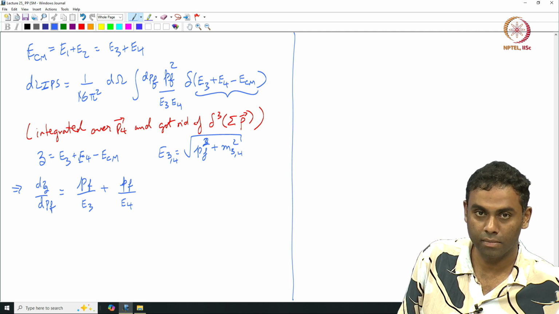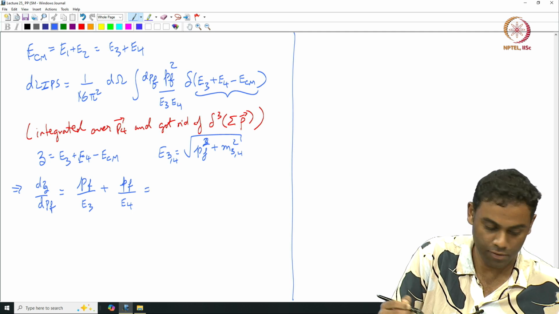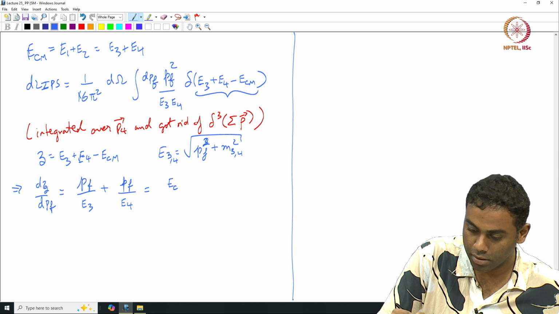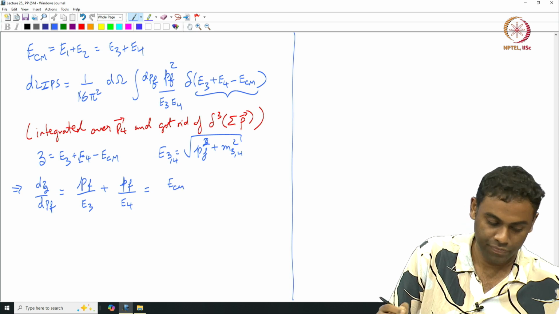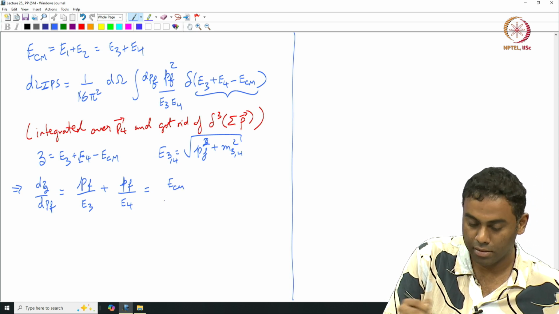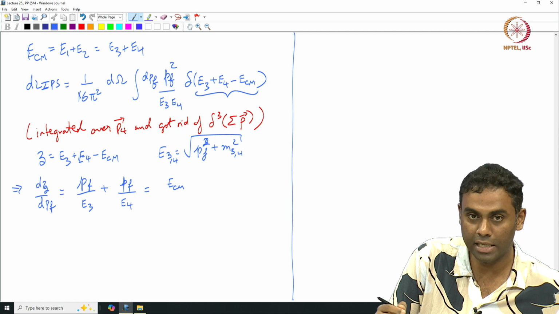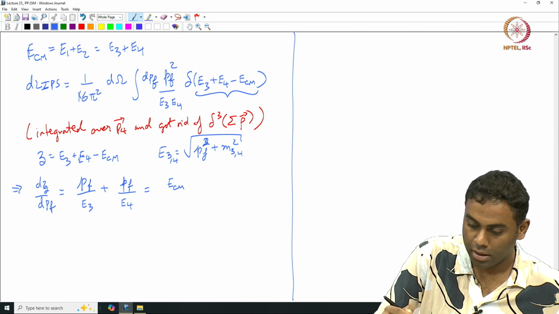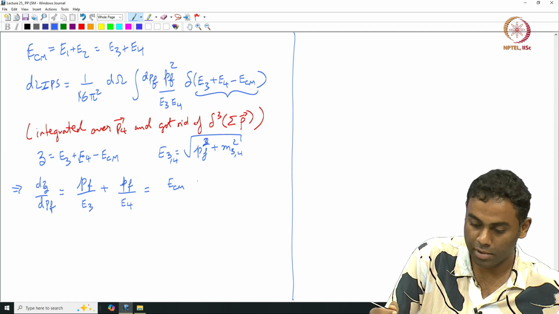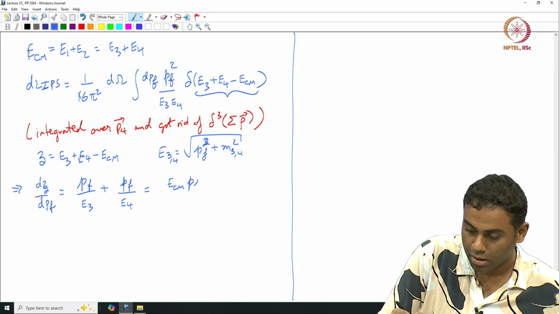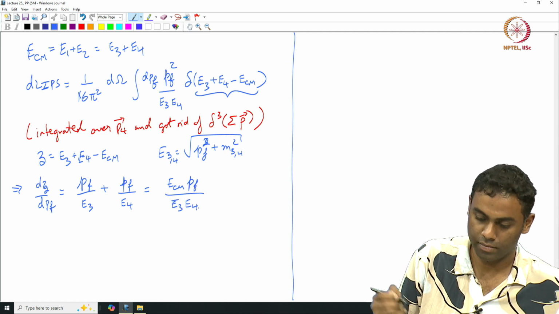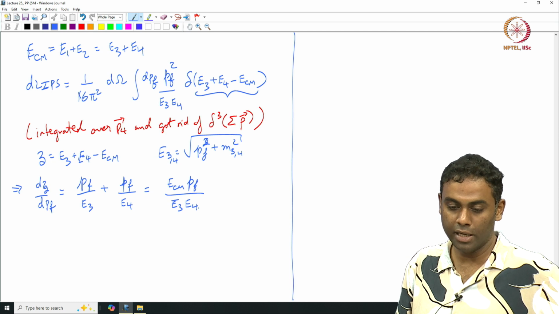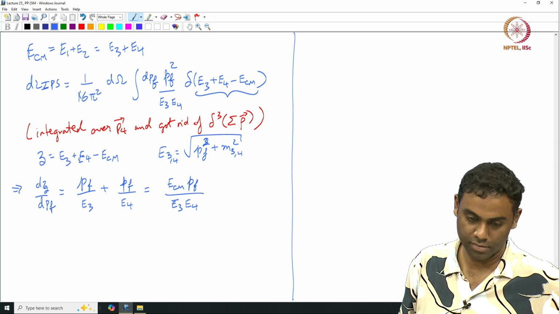That is it, right. Of course, I can simplify this a little bit more. If I cross multiply, I get E3 plus E4 in the numerator. So that's nothing but ECM. I still have the PF, and downstairs I have E3, E4. So I'm just changing variables from PF to dz, okay,